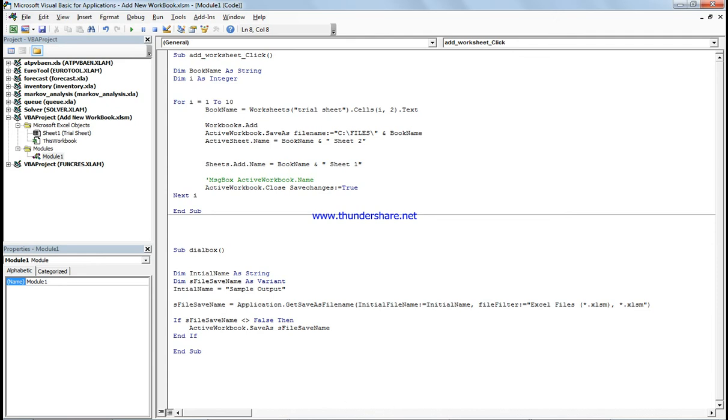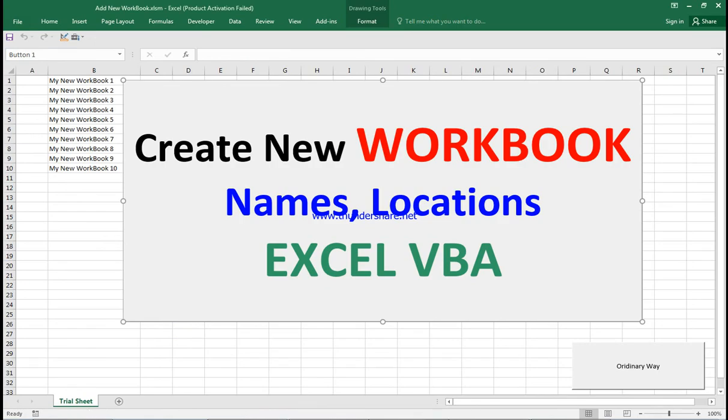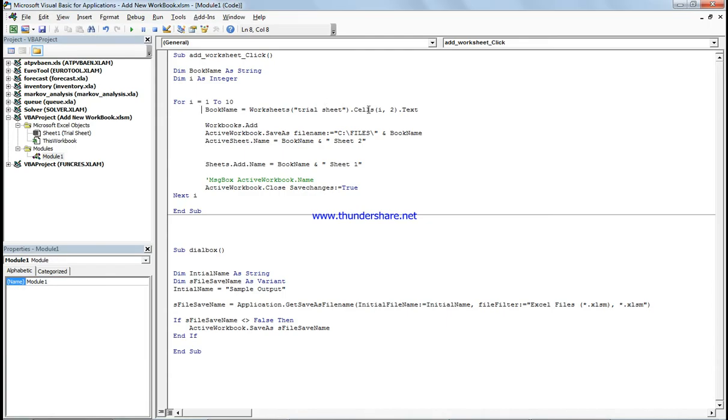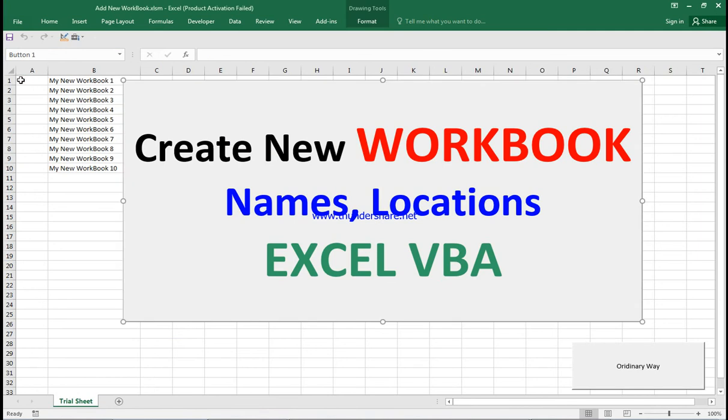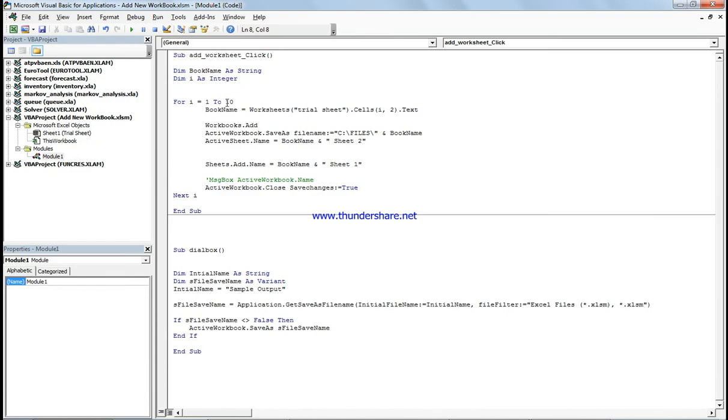It is the trial sheet, the one we are on now, and we copy the name from the cell text. So we have here cell 1, 2, 3, 4, so those values will be increased using the loop. So I will take the value between 1 and 10, so it will be 1, 2, 3, 2, 4, 2, all the way down. So we have here